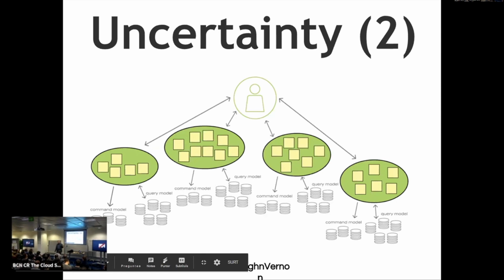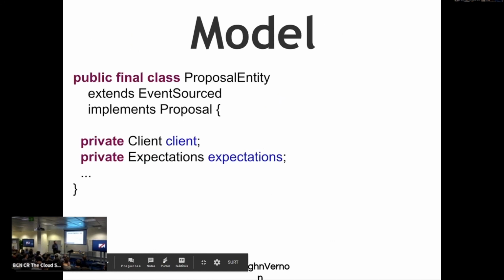So we're going to actually embrace the fact that we have uncertainty to experience in our solutions, and as we experience those uncertainties, we can model for them and even care for timeouts and what we might think of as a failed process. So, for example, in this model, we have a proposal. It's a proposal entity, which is the implementation of the proposal protocol. And this proposal entity is an event sourced entity.